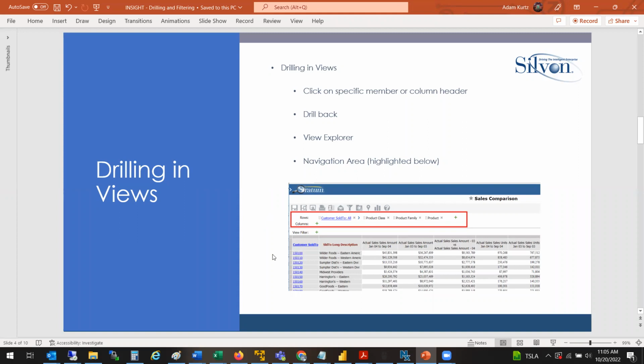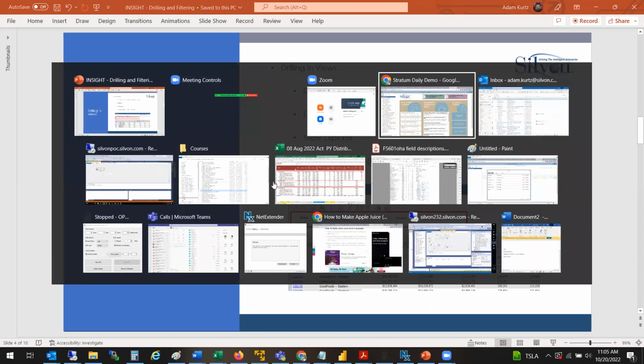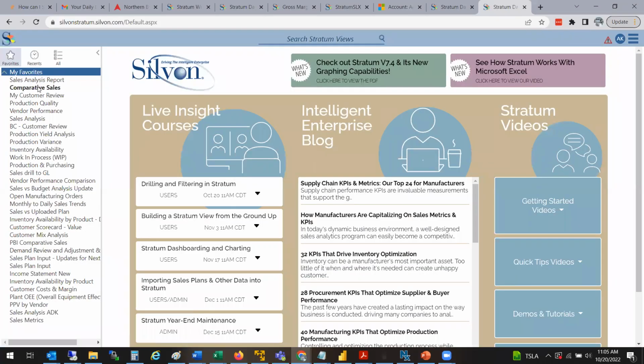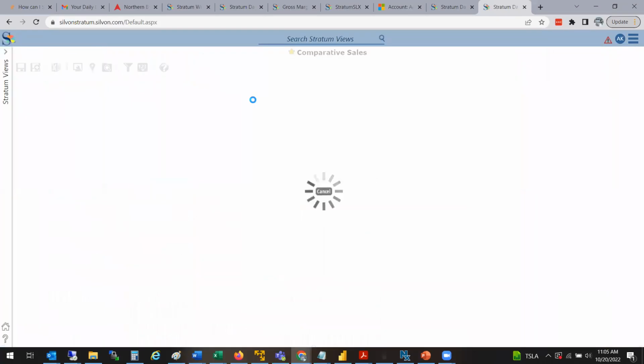I can also use my View Explorer to do drill downs as well. I can drag and drop things from my View Explorer as well. Probably not as convenient as using the navigational area. So that's, I would think, a little bit more secondary to using either just the natural drill down capability or the navigational area. If we were to look at this in action, in a demo here, I'm running a view